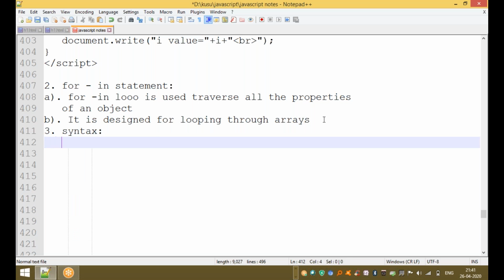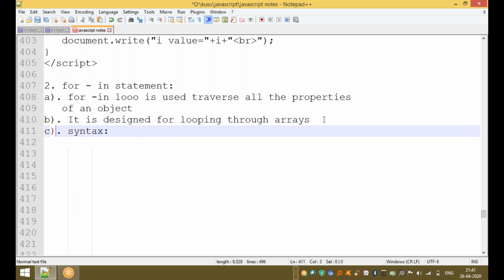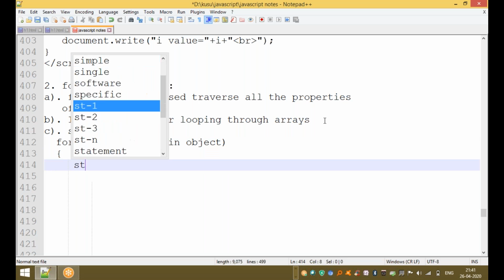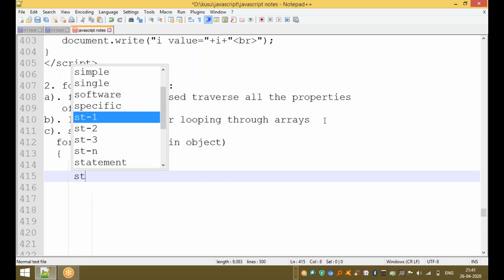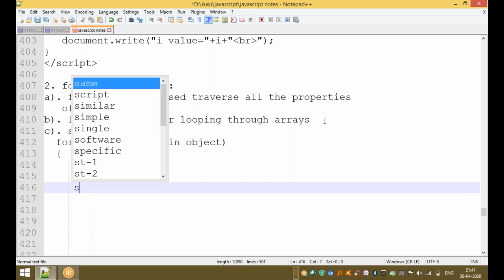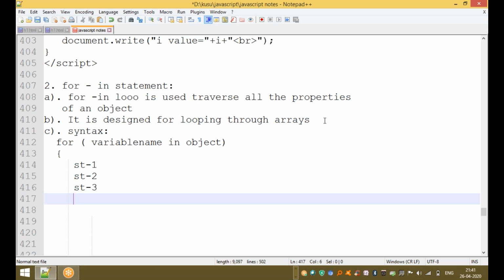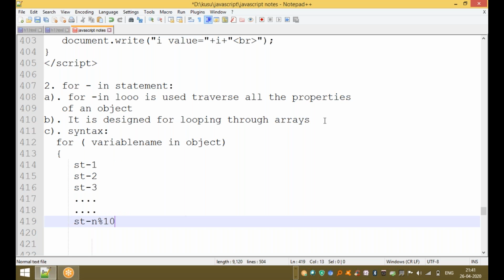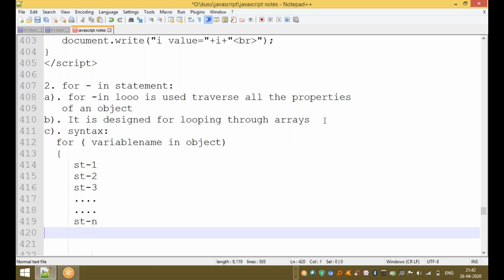The syntax is for, then a variable name, in, object name, then the beginning of the braces, statement 1, statement 2, statement 3 and so on up to statement n, and the end of the for loop.